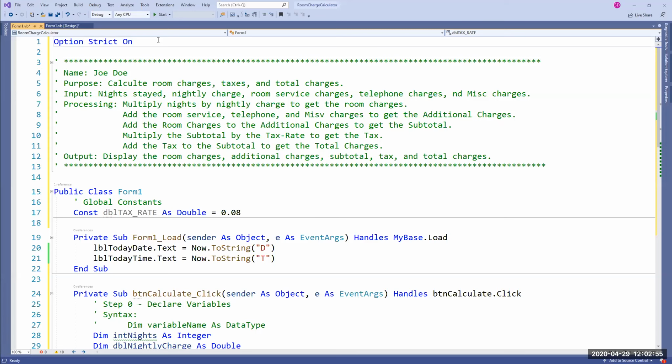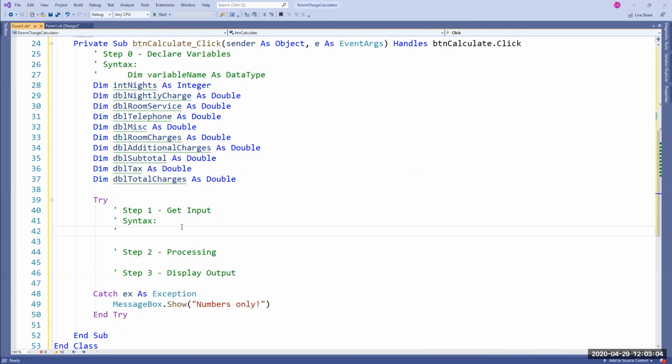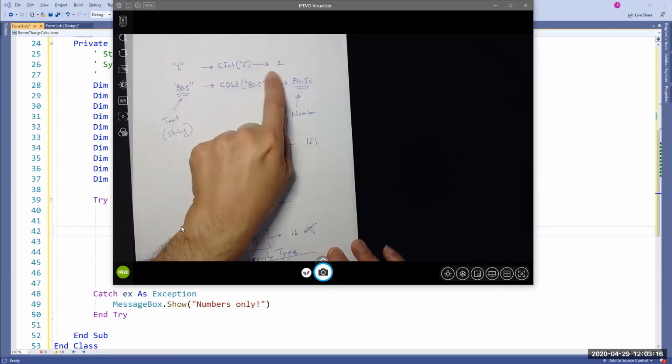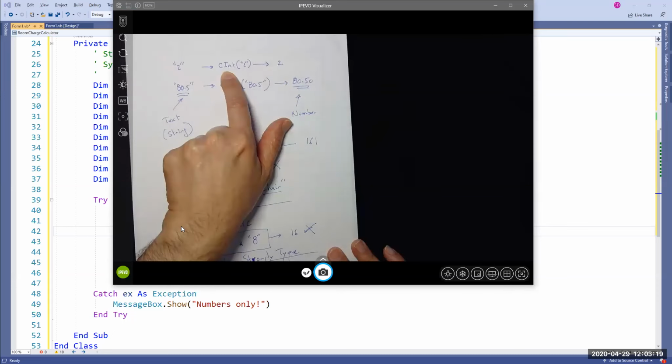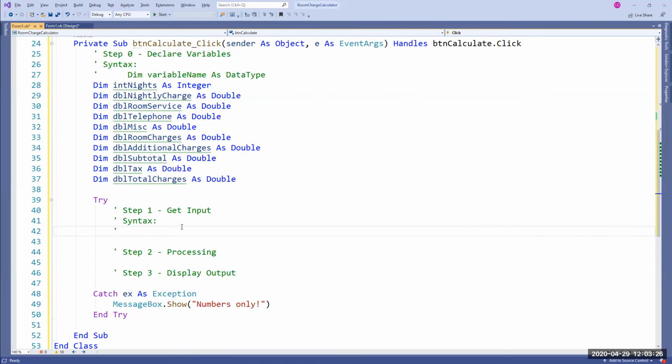First of all, let's keep it off, and I'll turn it on later. I'm going to keep it off for now, and I'll turn it on just to illustrate what you're going to have. All right, so here is the syntax. The proper syntax is, as I indicated, you have to convert. You have to convert text to an integer using CINT, and you have to convert text to a double using CDBL. So we have to use that. So this is the syntax. So you take the integer variable, it's going to equal